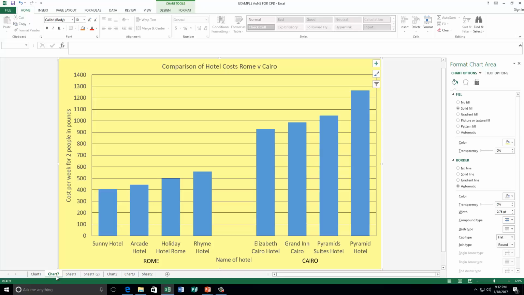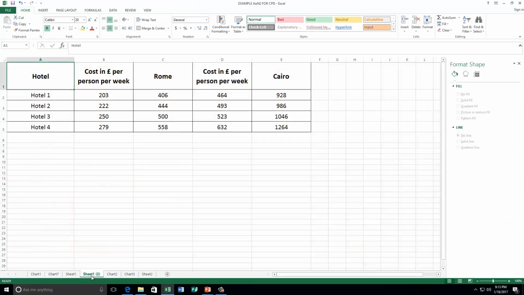Now we could do a slightly different bar chart, but we'd have to do something with the data. Now what I'm going to do is click on this data. Now notice I haven't got any hotel names here. I've just called them Hotel 1, 2, 3, 4. I've got costs per week for one person and two people for Rome, and then there's Cairo for one person and two people. Now to do a comparative bar chart with two bars per category, what I'm going to have to do is highlight